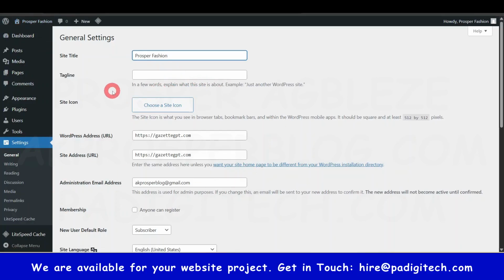So for the tagline, you can say in few words, explain what this site is about. Example, just another WordPress site. So in few words, you can say what your website is about. You can put in your short word. Okay. So I can just put in